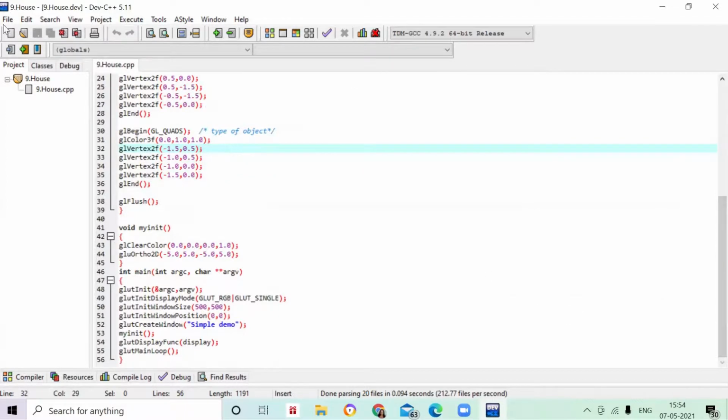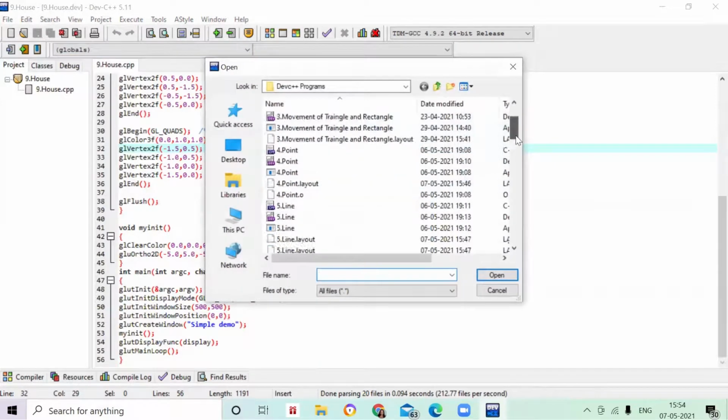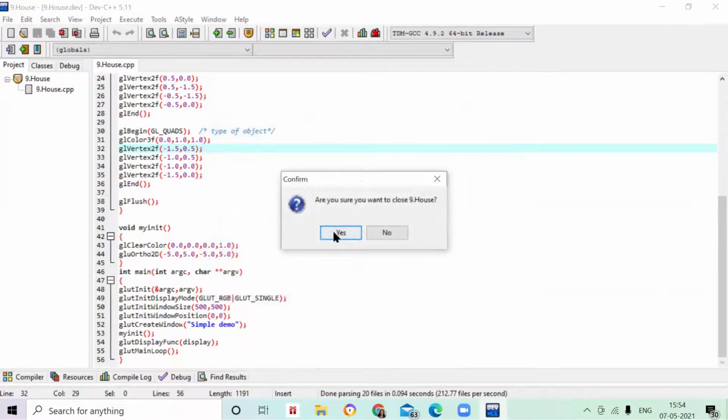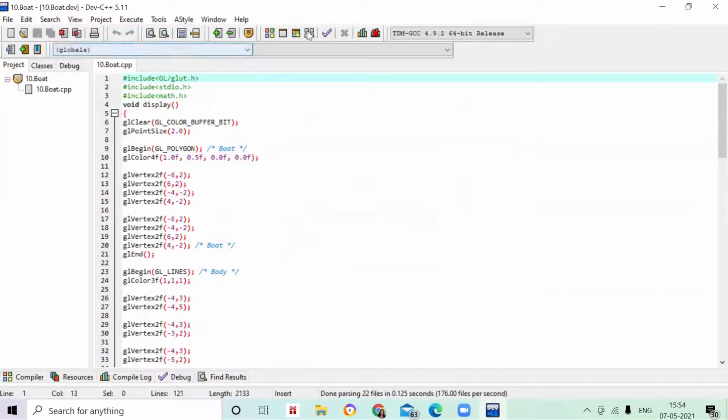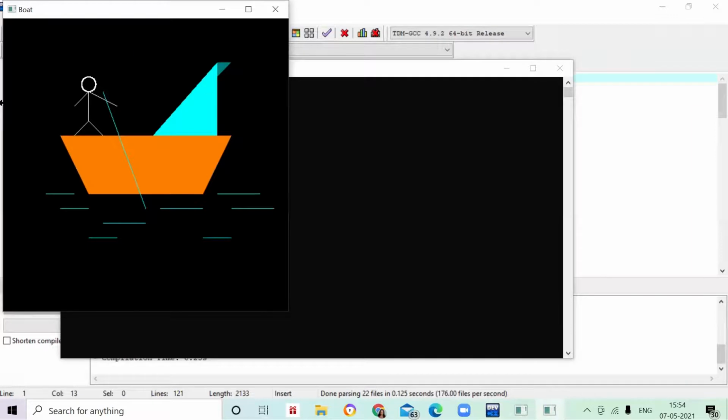Got it? Now let's see one more program. This one will be my last program which I'm showing you for today's class. Yes, it is a boat. So now here you can see the boat. First I will show you the output, how it looks, so that you will have an idea. Here you can see one man with a wooden paddle in his hand, and a boat. It's just a design, the colors and all you can change over here. So this is the output of my program.